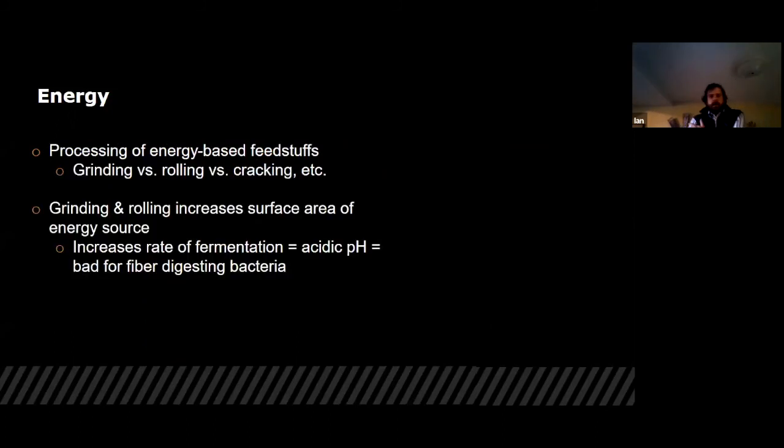Lastly, on energy, the processing of energy-based feedstuffs actually makes a big difference. Things like grinding, rolling, whatever processing method that takes this energy source and makes it a smaller particle size increases the surface area of the energy source, which at face value sounds like a wonderful thing. It increases the surface area that is available for microbes to be able to latch onto the feed particle and start using that energy. However, perhaps maybe not a great thing if we're trying to increase the fiber digestibility of